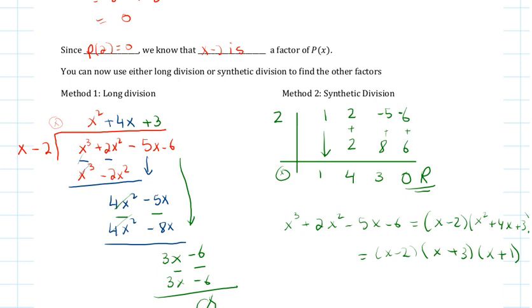You'll see that I have a couple of synthetic divisions in the next question. Actually, I will record a video for the next question, but I'll give you some time to do it first, and then